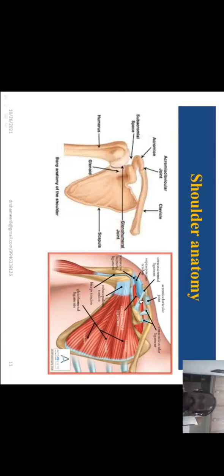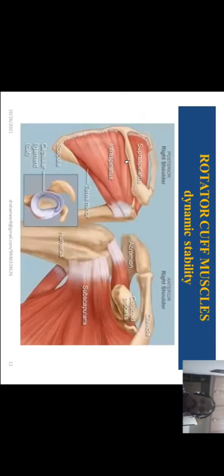And the second one is the infraspinatus muscle and teres minor. You can see the infraspinatus. It is the back of the shoulder. We can see the back of the shoulder. It is the back of the humerus and the greater tuberosity. And the infraspinatus and teres minor,